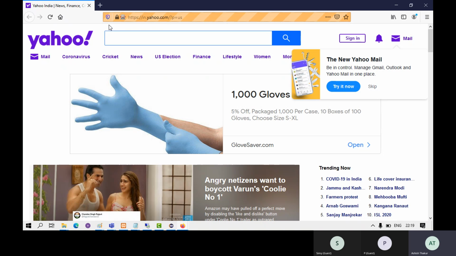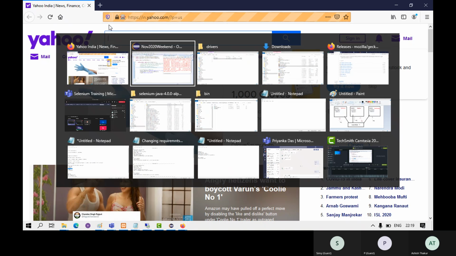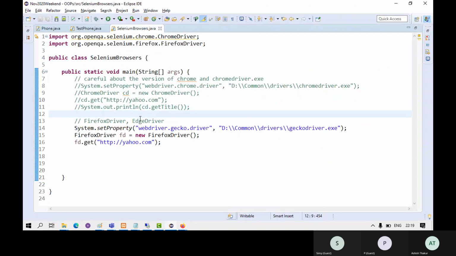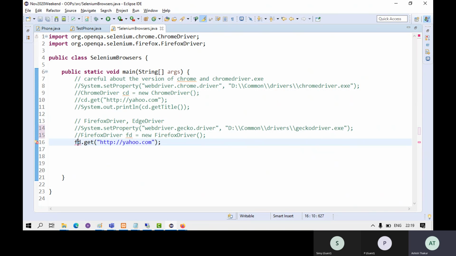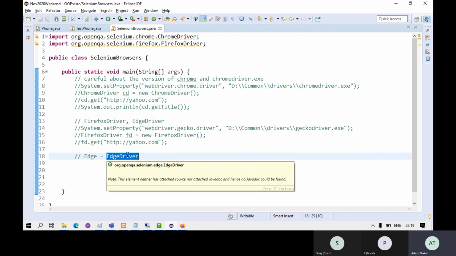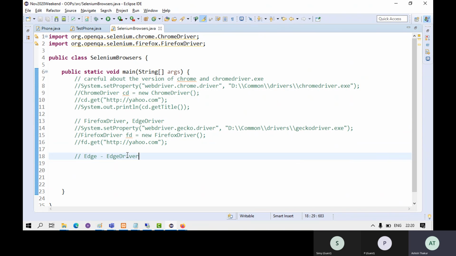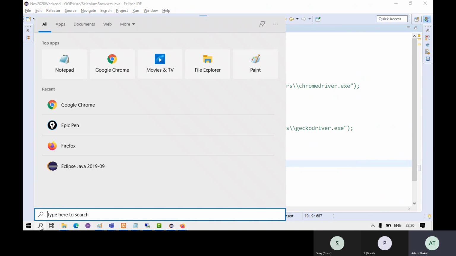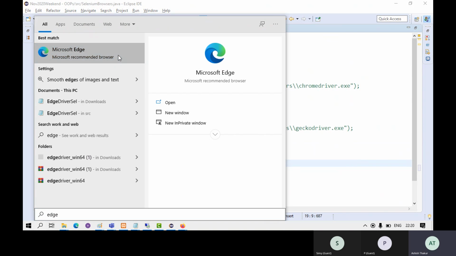Okay, now once this is done, you can talk about Edge. You have the class EdgeDriver. Actually, Edge these days is also Chrome. It's basically the Chromium engine which is running behind Edge. There has been a tie-up between Microsoft and Google now. On the surface, the browser is Edge, but beneath it, it is the Chromium engine, the Chrome engine which is running it. So if you launch your Edge browser